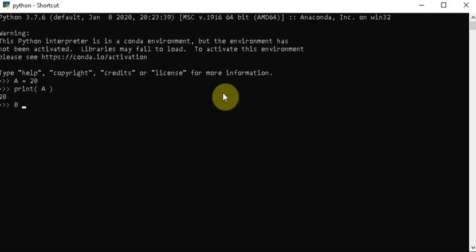Let us assign 30 to b. And then let us say c is equal to a plus b. Now let us see the values of a, b, c. So immediately it prints the content of a and b and c. The better way of presentation would be print